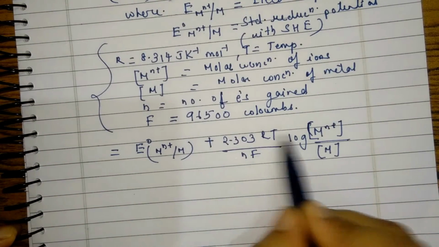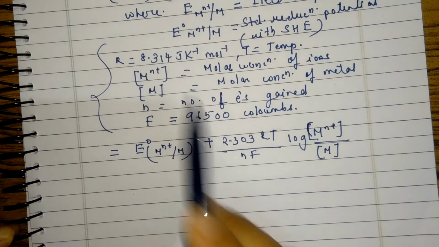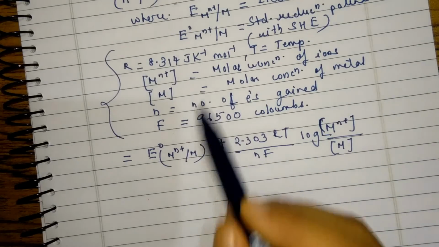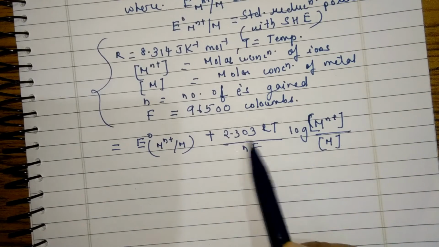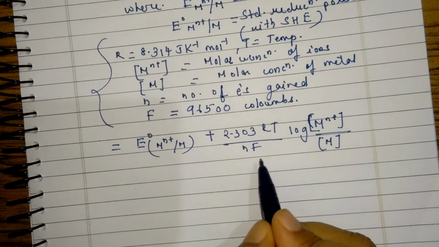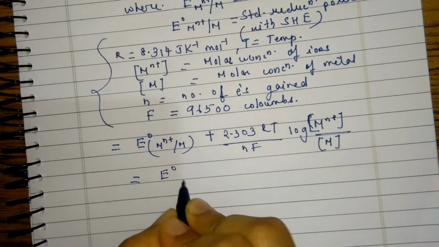We have converted into logarithm, substituting this value. What is the value for R? 8.314. T is 298. F is 96,500. But here, since we are considering a general electrode reaction, we are taking it as n. So, on solving, we will get E0,